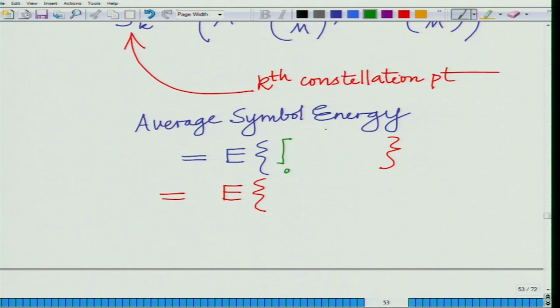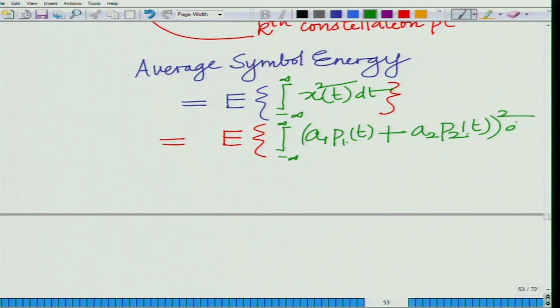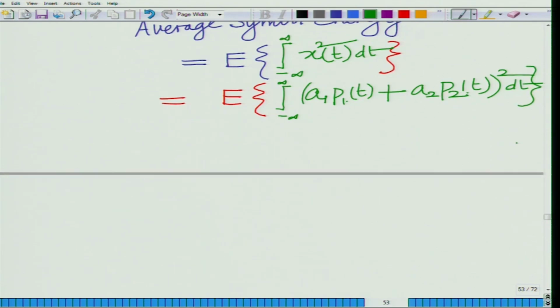the integral from minus infinity to infinity, to be a bit more elaborate, of x squared t dt, which is equal to, let us write it this way, the integral from minus infinity to infinity of (A1 P1(t) plus A2 P2(t)) whole square dt, which is equal to